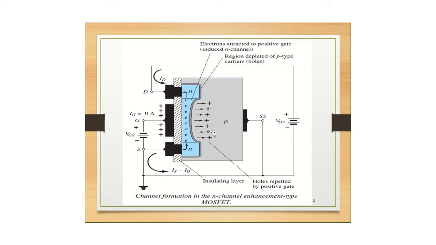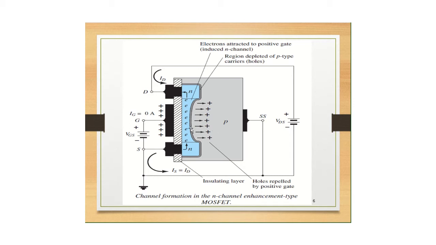Because of this, there are more free electrons getting accumulated near the surface, and this region becomes more n-type. This process is known as inversion. In inversion, what are we doing? We change p-type to n-type, or we are actually inverting the p-type material to n-type material, right? That's why the process is called inversion. How are we doing that? By making the gate terminal more positive with respect to the substrate or the body terminal.